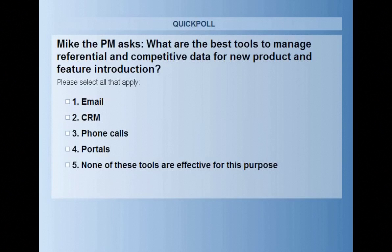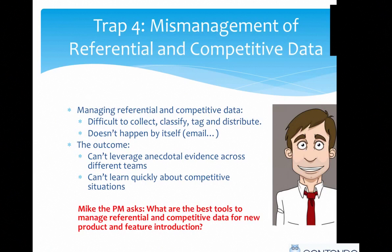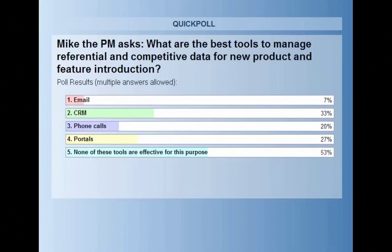Couple of minutes. Has everyone voted that wants to vote? Okay. And the results are